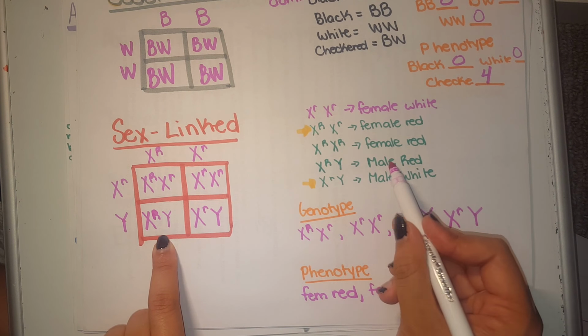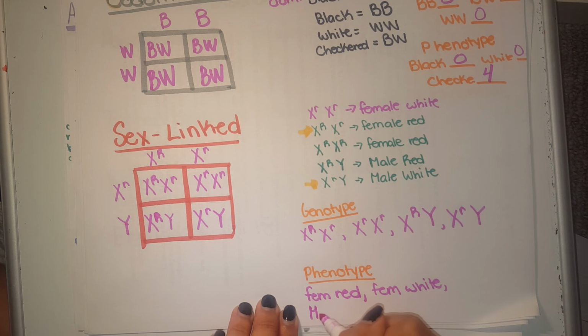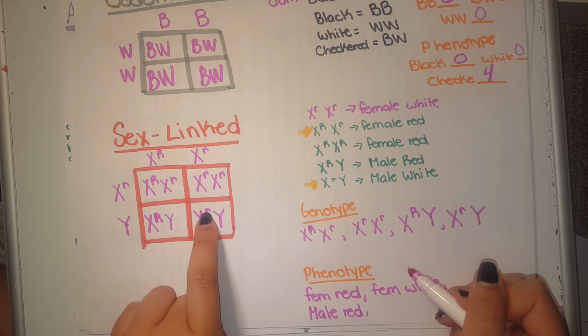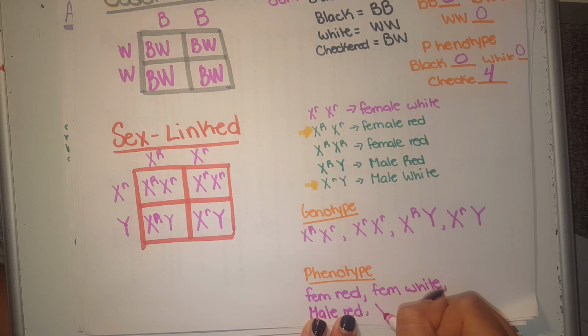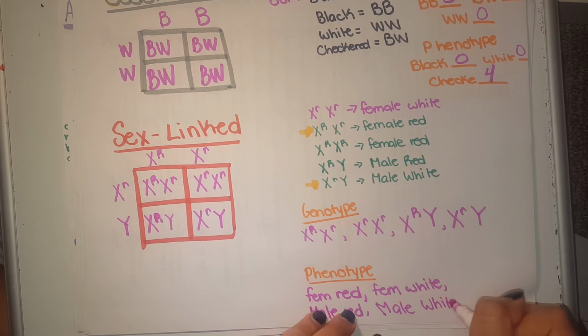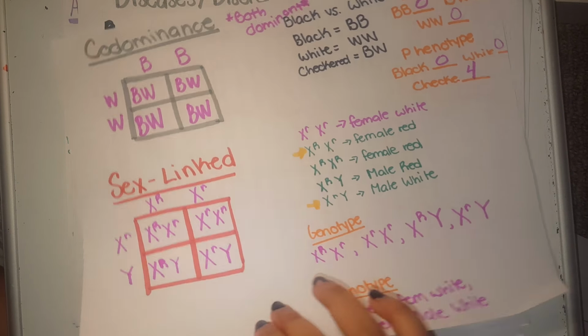Next, we have a male red because it has a dominant allele. Next, we have a male white because it has a recessive trait, and we know that white is recessive. Now that we're finished with the Punnett square example, let's go ahead and go with the